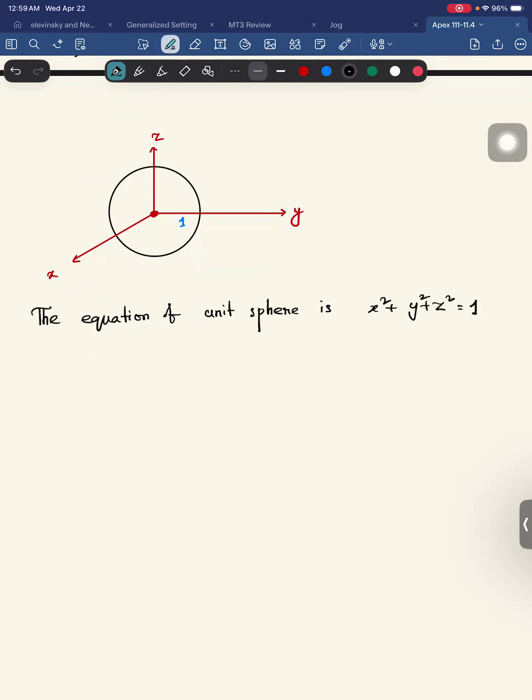Meanwhile, let me try to explain what it means that the equation of the sphere is something. It means that if you choose any point on the sphere,